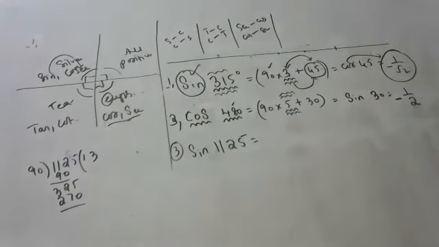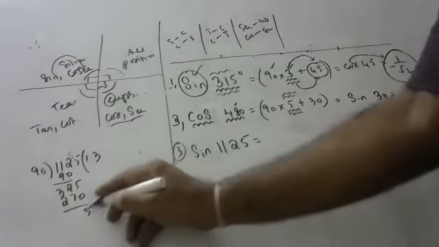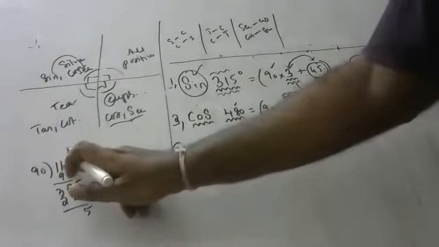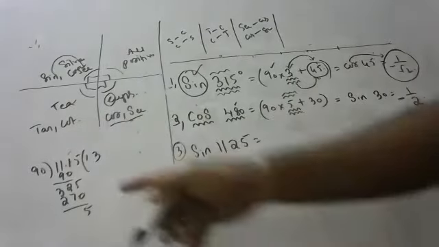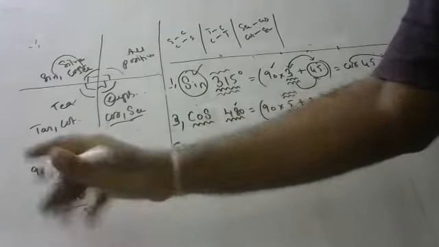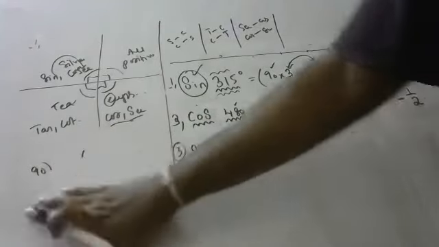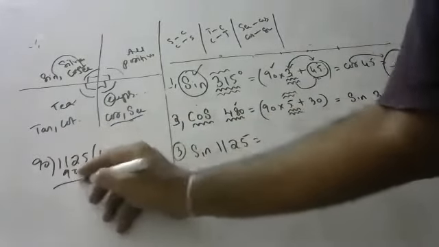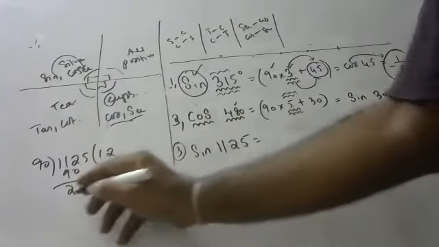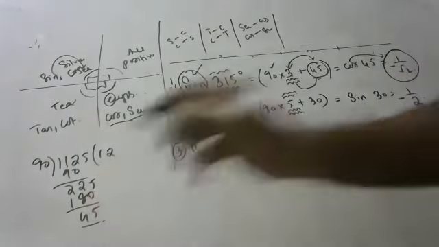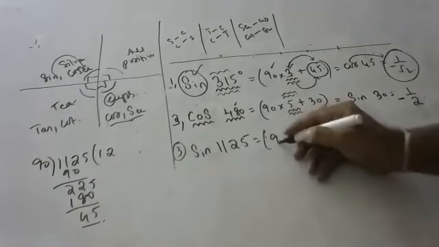When I do this, 270, am I correct, children? Is it 1125 only? I think it is 1115 then. One second, children. Did I do any mistake? One second. Let's check again. 90, 1125. 90 ones are 90, 225. 90 twos are 180. Yeah, I did correct only. I did a little bit small mistake. Now, children, 90 into